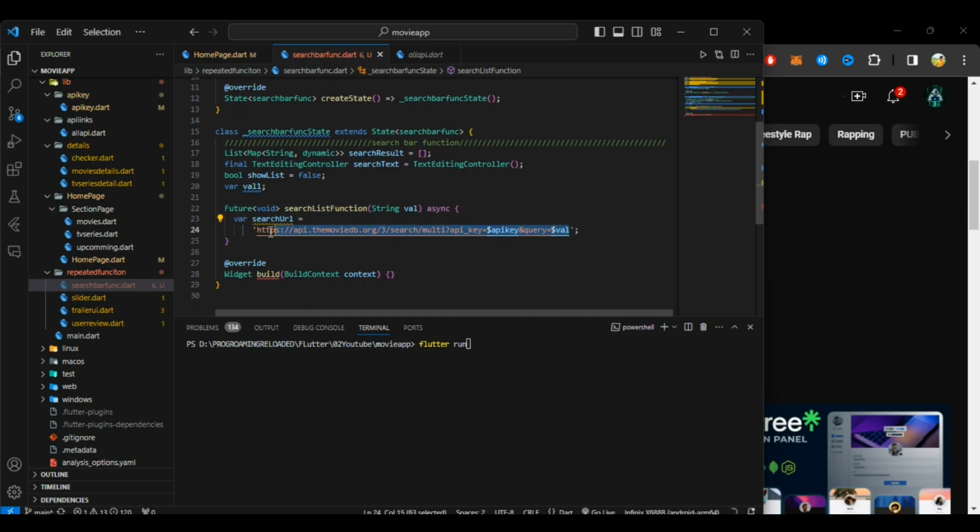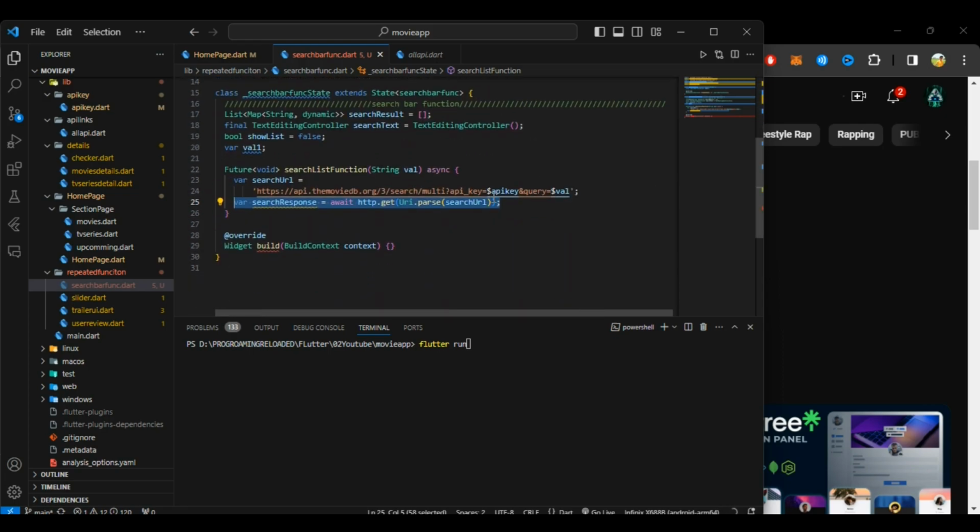If you search over TMDB, you can find this URL for the search result, in which we have to provide the API key and the string at last as a parameter. It will give the nested JSON response. So we are gonna run one get request, http.get, provided by the http package, in which we will pass our URL and the response will be stored in our variable. Now we know that this is the JSON response. So for that,